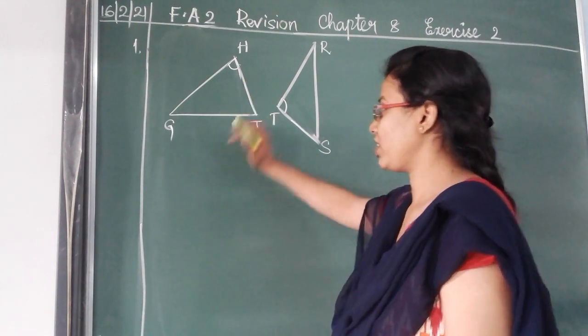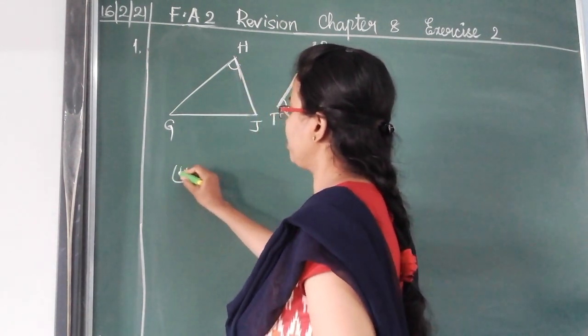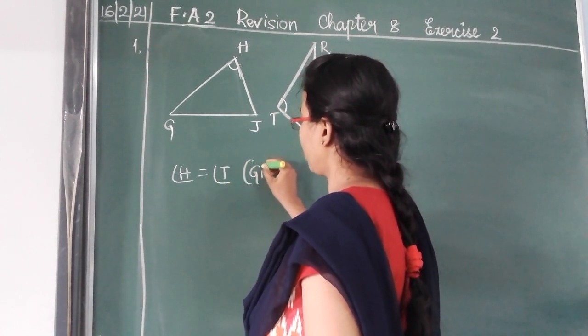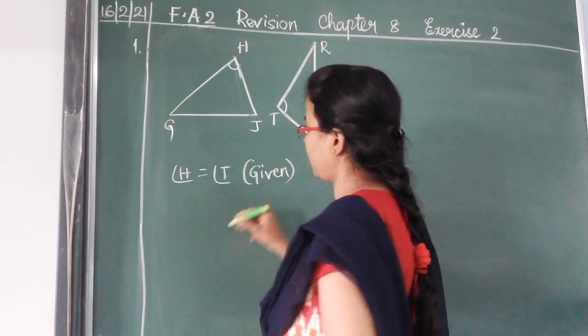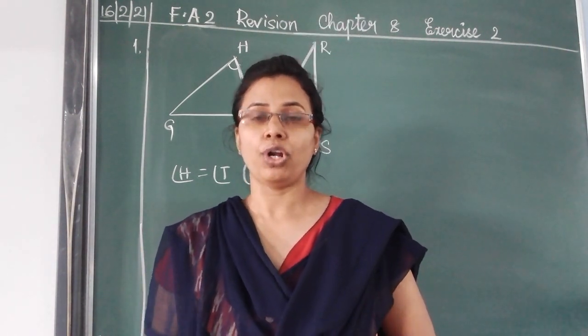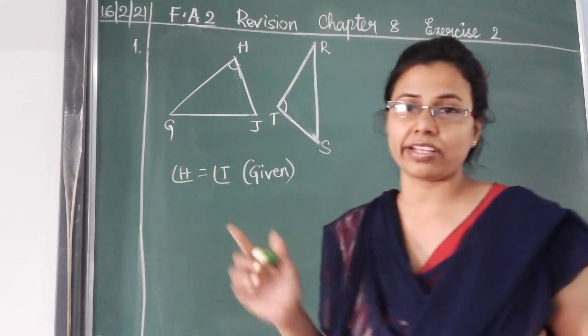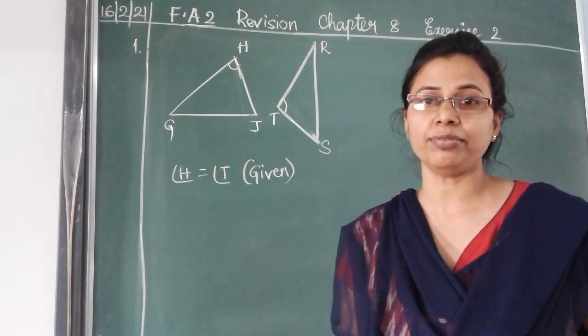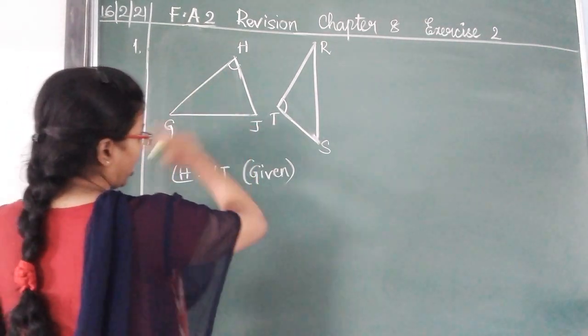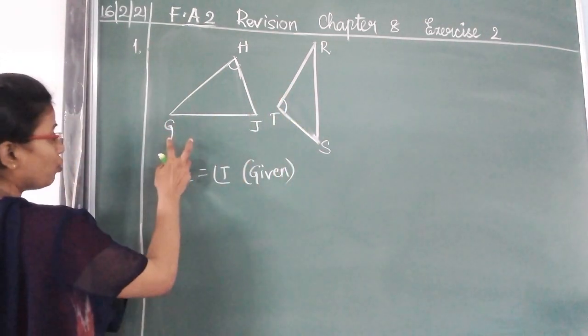Here it is given that angle H is equal to angle T. Only this part is given. Now what is the other information which is required for you to conclude that both the triangles are congruent to each other? Okay. So here they have not given that the two sides